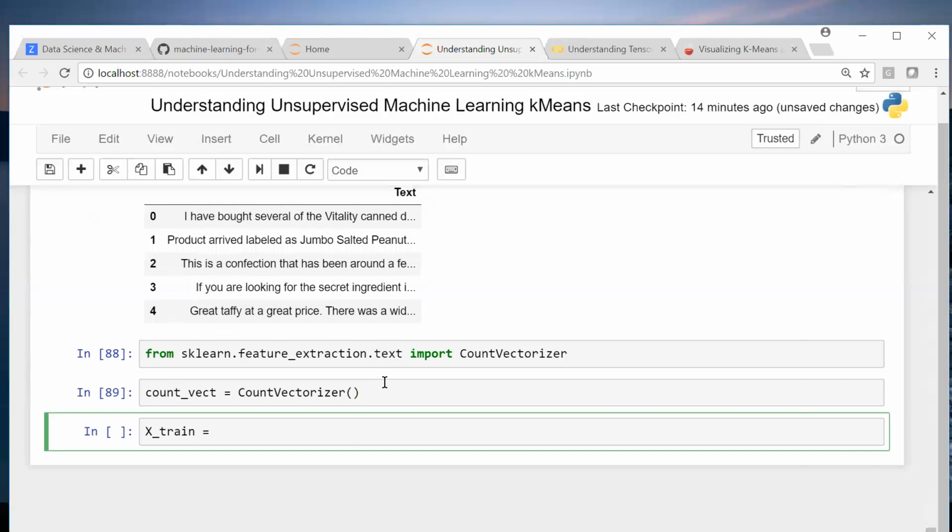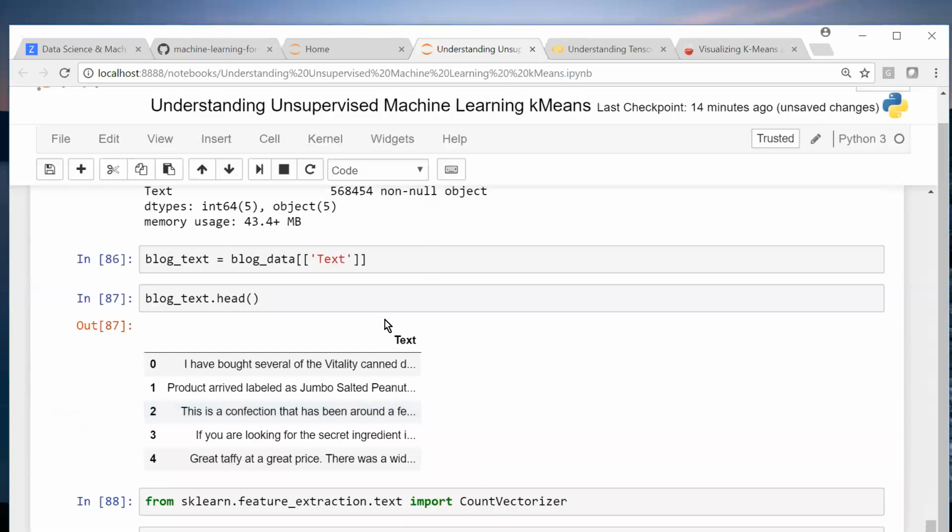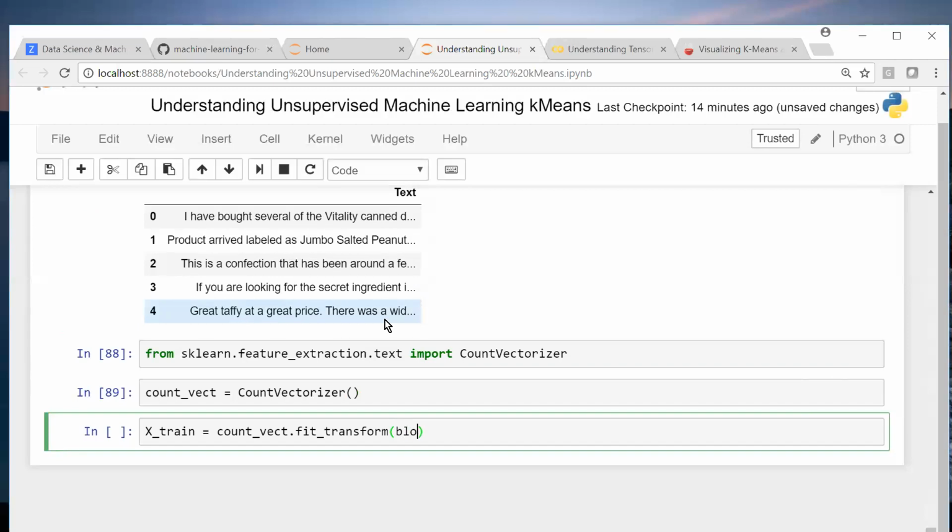If I do this, count vect dot fit transform, blog text, blog text dot text, right?